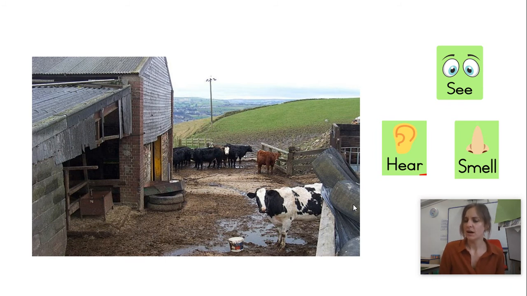If we say in this sentence, I can hear the cows mooing, would we say I can hear the cows mooing loudly or quietly? Talk to your helper. How would you finish that for me? You're right. They are big animals with big voices, and you can usually hear cows mooing from far away, can't you? So it would be a loud moo. So I can hear cows mooing loudly.